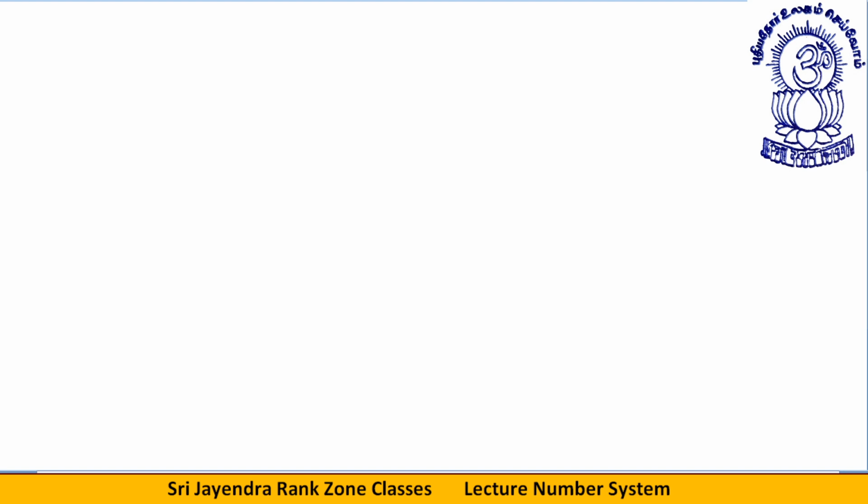Today, we will be dealing with the number system part, we can say HCF and LCM only. This is the third class on HCF and LCM. So far we have discussed the basic concept of LCM. I told you the meaning of HCF, but we have done mostly questions on LCM. Now we will be moving to HCF.